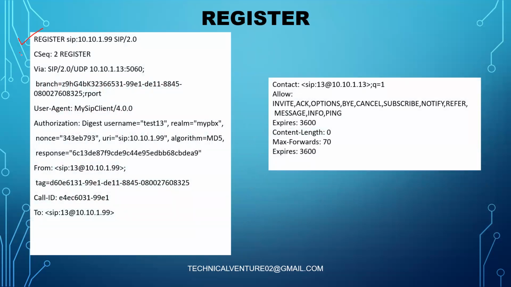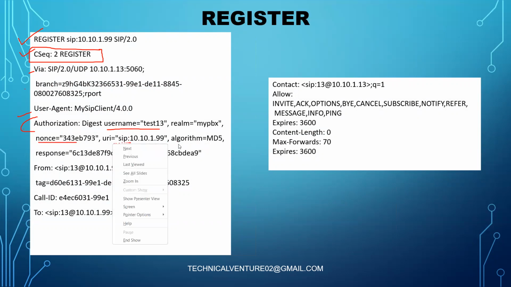Okay. And under this CSeq, now you can see it says CSeq 2 register, right? And here you can see the different headers, via, user agent, the same things. Now under this authorization, you can see the username is there, and then you can see this nonce, and then you can see this URI, algorithm, everything would be there under this authorization. Right, now it takes the register message with the credentials,